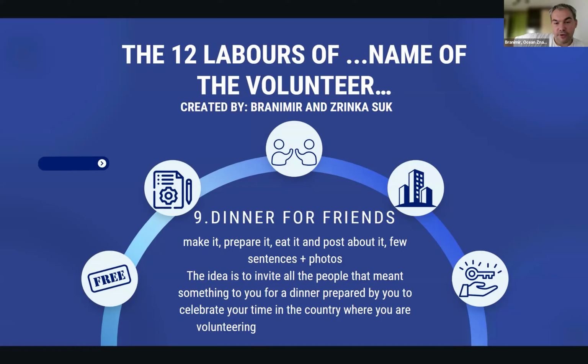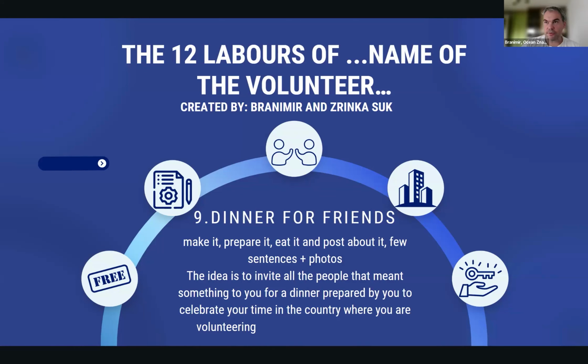And then the dinner for friends is basically this little event, little party that the volunteers are organizing for the local people who they became friends with. And then they make the food, they prepare it together, they eat it, and they post about it with a few sentences explaining what they did and how they did it. So the idea is to invite all the people that meant something to them to this dinner, and then they are preparing it, and then